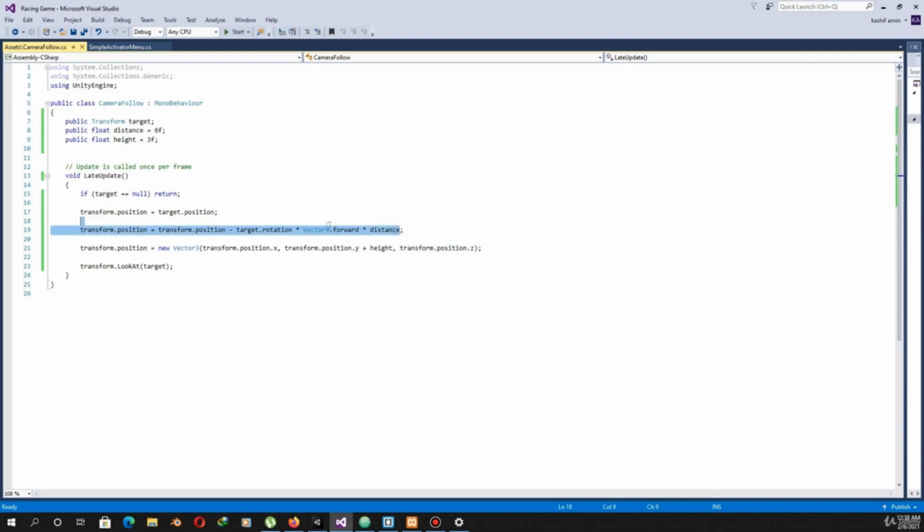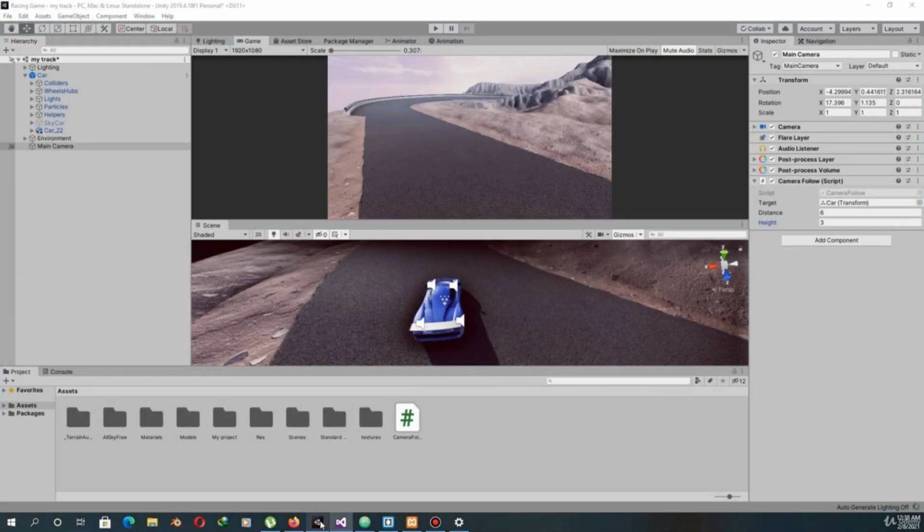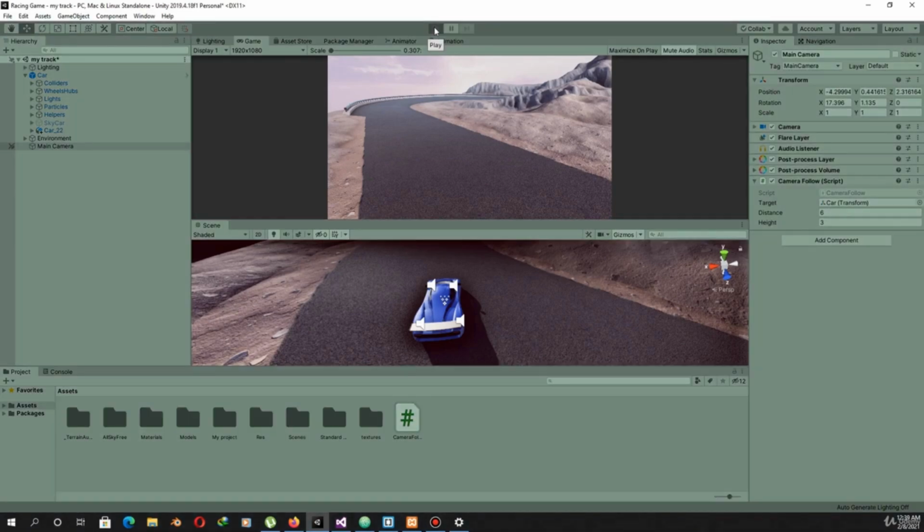This is to move the camera away from the car, and this is to take into account the rotation of the car when we turn, to solve the problem which we saw when we played the game. So now our camera will follow correctly. Let's see now.